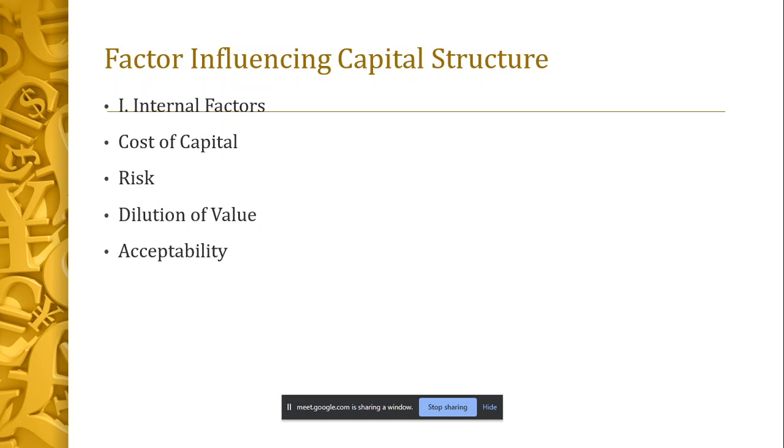The rest you have to remember and write: what happens if they are not ready, and how acceptability is one of the factors. We might have seen that there are a few companies which offer the luxury of different types of stocks or very luxurious funds in their capital structure, and such things might sometimes be unacceptable to financial investors also. The next one is transferability.